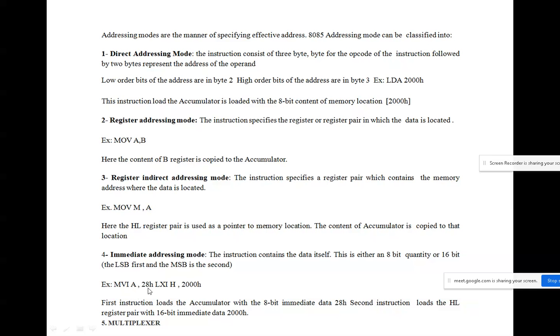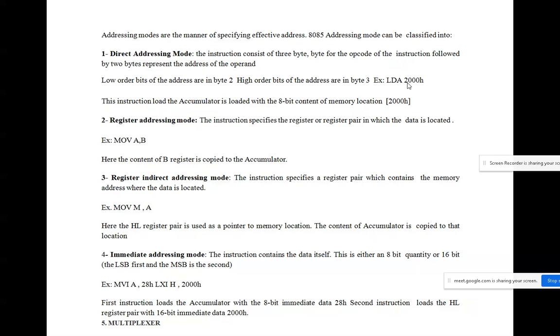That means the immediately available data, 28, is the data, because this is 8-bit. Here we are going to represent it only in hexadecimal value. That's why the letter H, small letter h, is written in each and every instruction after the value. Okay, see, now 2000H is a hexadecimal value. So hexadecimal value is nothing but 0 to 9 and A to F. Okay, 1 2 3 4 5 6 7 8 9, then A B C D E F. Okay, this is the hexadecimal value.